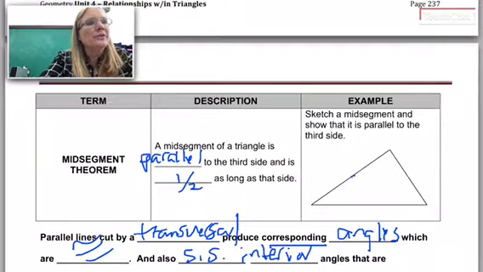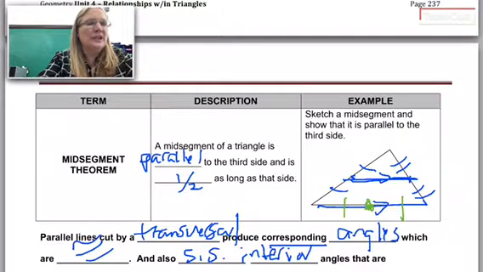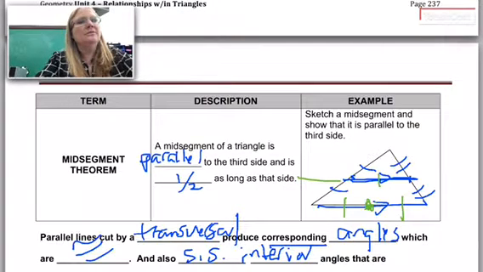So in this picture here, if this is a mid-segment, okay, so those are midpoints. So if I connect that and create a mid-segment, this side is parallel to this side. And this side is twice as long as the other side. And since we have a midpoint here, whatever the measure of this is and this, it's the same because this is a midpoint. And this segment is also the same measure. So we're going to have those three segments that are the same, and then we also have the parallel lines